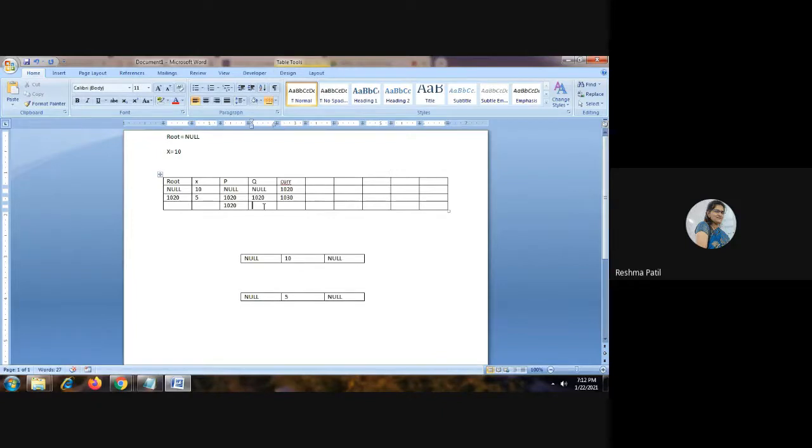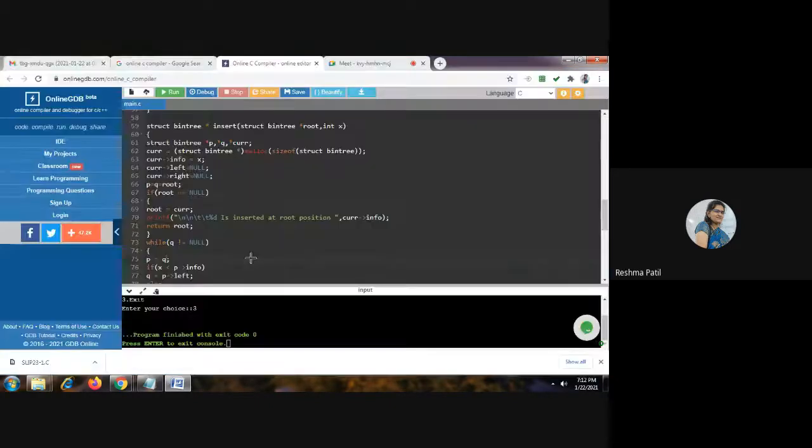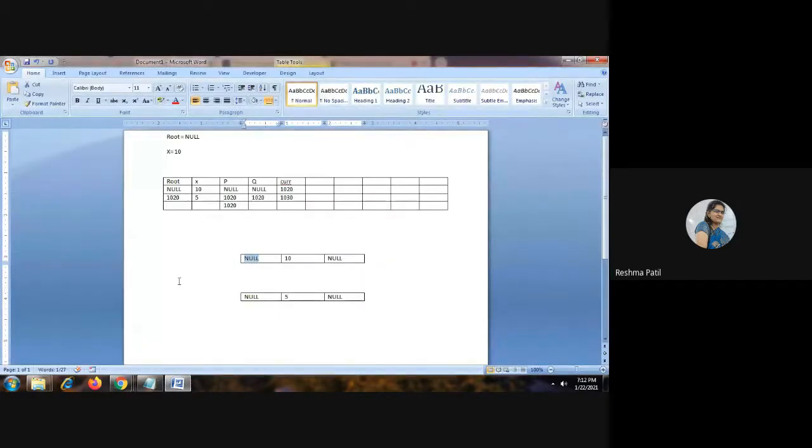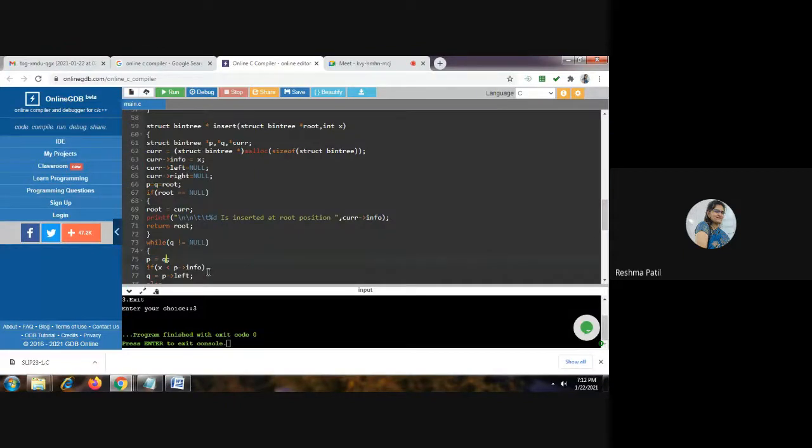P is at 1020. Q is equal to P left. That is null. P left is null, that is stored into this Q.